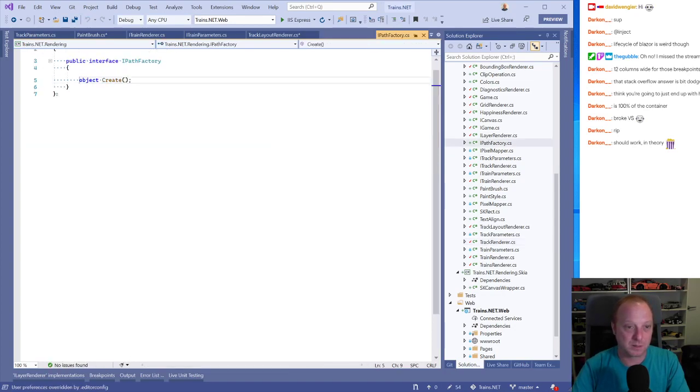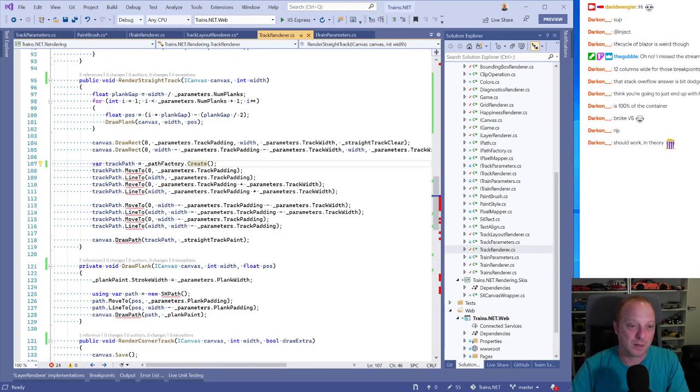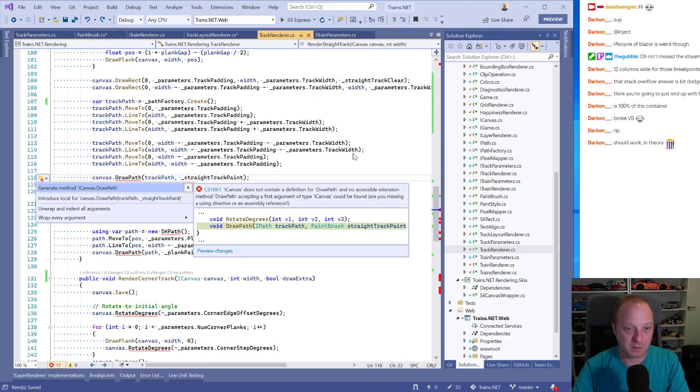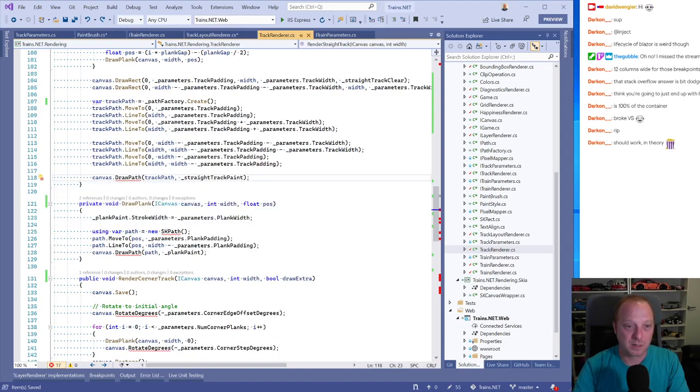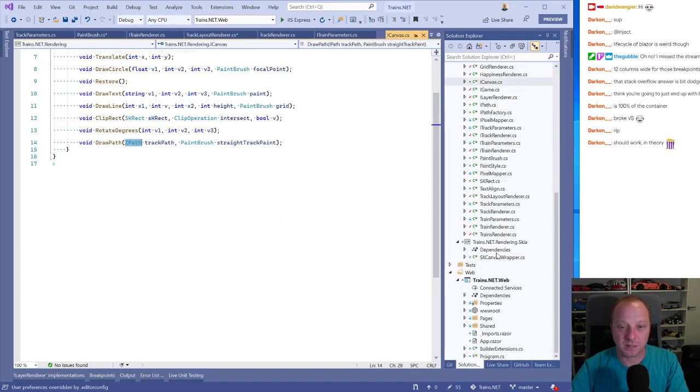Let's do that. It's an iPath. Okay, so these methods now I can implement. So that's nice. So now I can implement an object in here that is a path wrapper that passes those calls on to